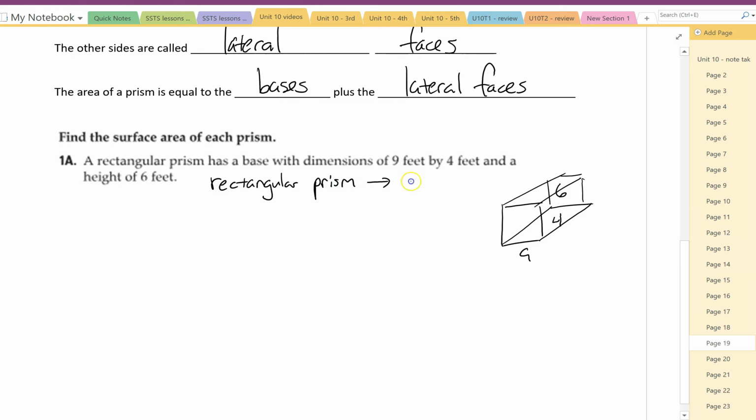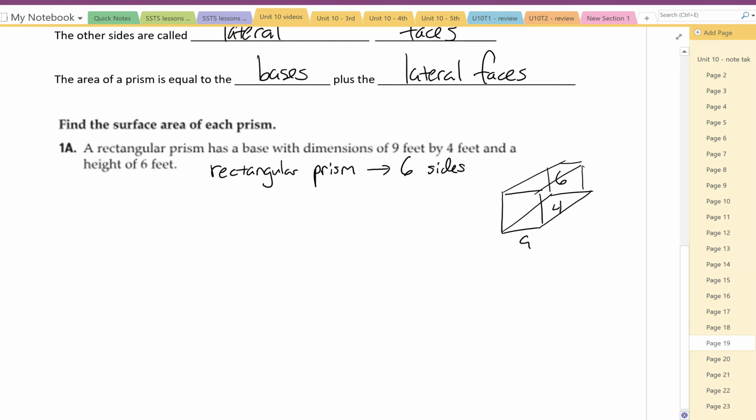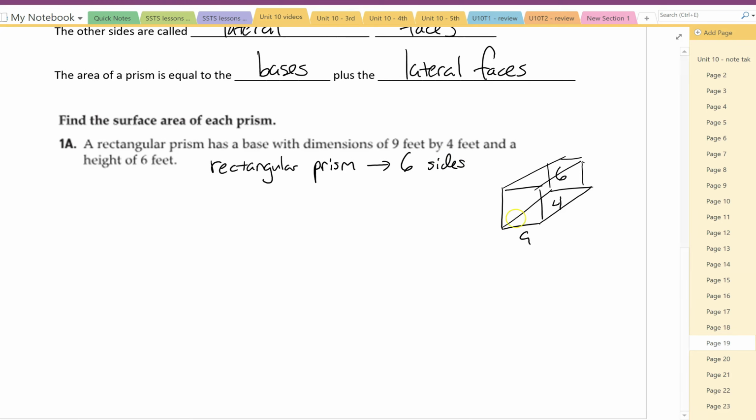So I'm going to draw each side separately, and then it becomes really easy to solve a problem like this. So I'm going to start with the 2 bases. So basically this side and the side that's going to be the same to that back here. So I know that each base is 9 by 4. Right? It just told me that in the problem, and I know that I have 2 of those. Okay, so I'm going to add those together,